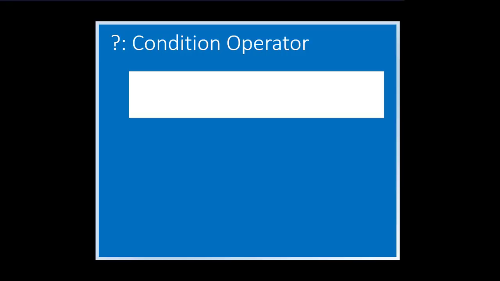However, it focuses on the resulting value rather than the statement to do. Since there is a resulting value, we will place it in a variable. Okay. Inside the bracket are the question mark and colon symbols. Before the question mark is the condition. A value appears after the question mark and another after the colon.